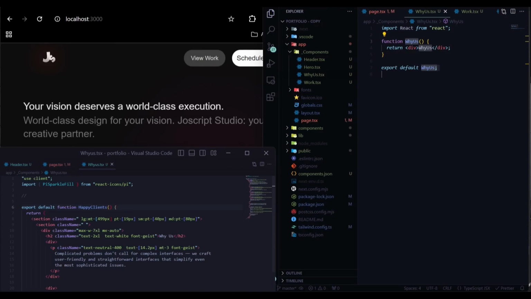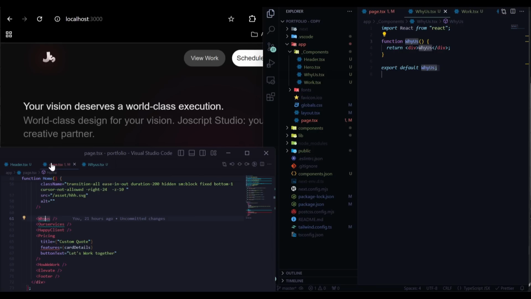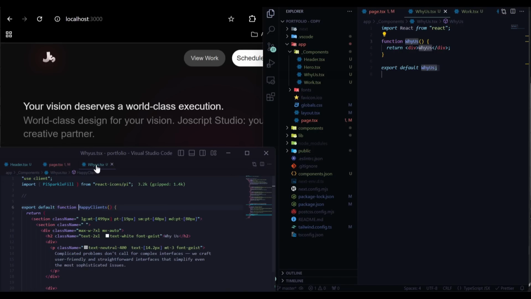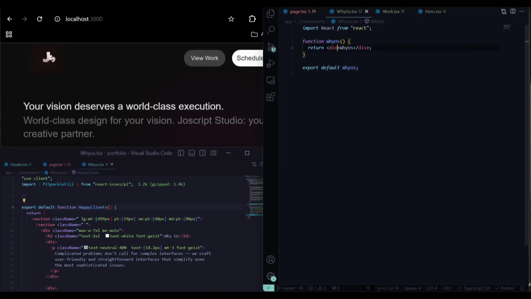Let's go to the components. Here we have a happy client. Okay, so here we need to give it, let's close it, a class name of large. We want the margin top to be 499. Damn, that's so high. 499 pixel, and a padding top of a custom 19 pixel,